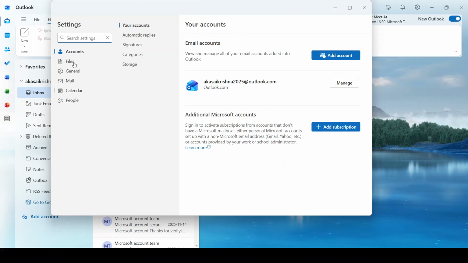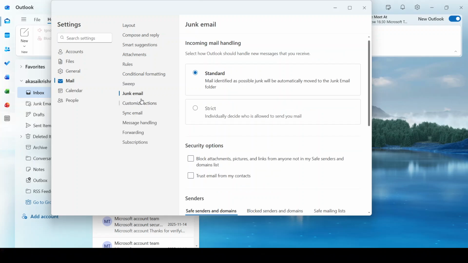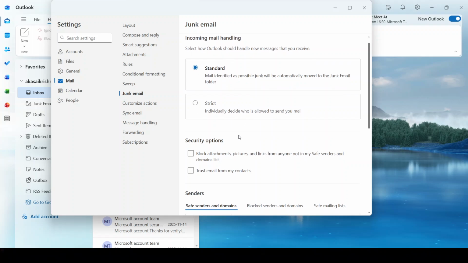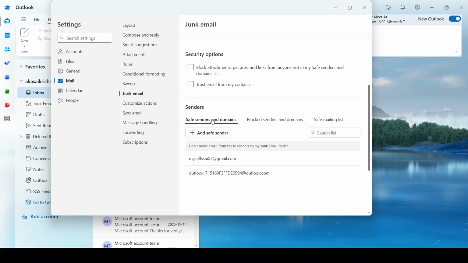This opens the full settings window with sections on the left. Select Mail, then choose Junk Email. On this page, you'll find a section called Block Senders and Domains. That's your complete list. Take a moment to scan through it and confirm that it only contains addresses and domains